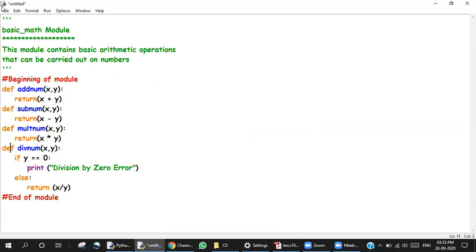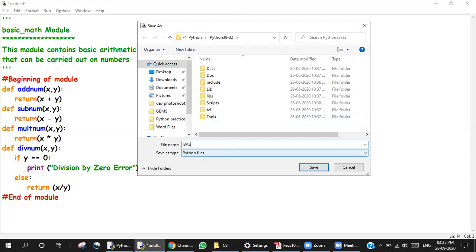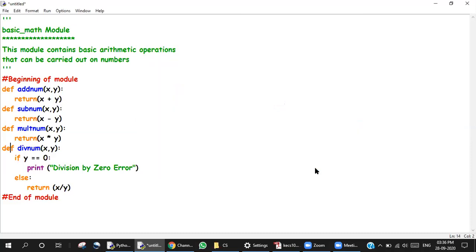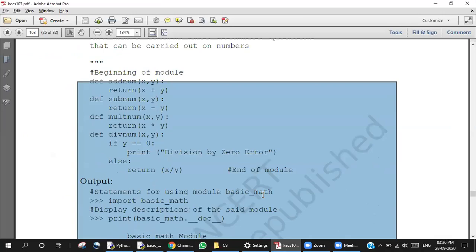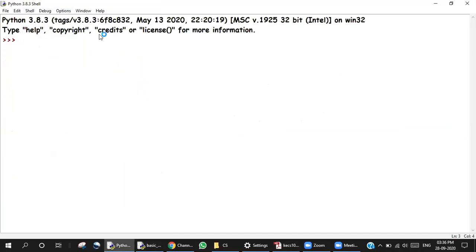Finally, at the end of the module, I'm going to save it as basic underscore math, and we are going to save it in our file over here. All right, done. Now it's saying run it, so let's run it and see what I get.